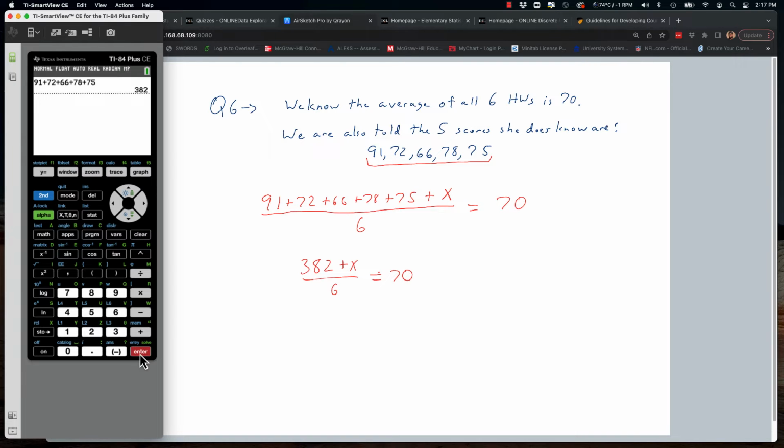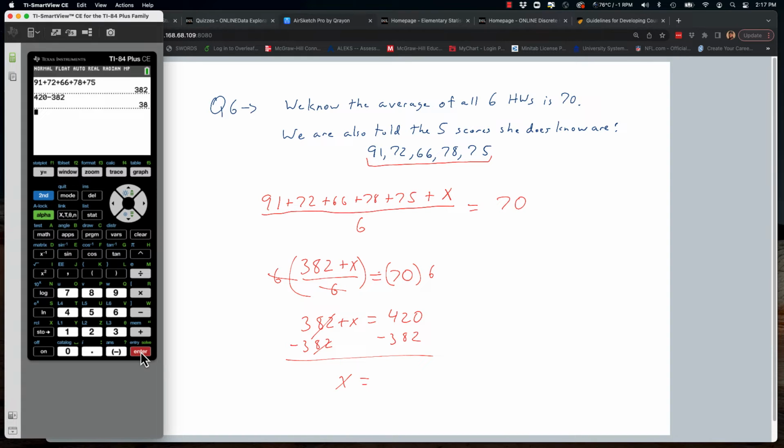And then multiply both sides of this thing by 6. That'll cancel out the denominator over here on the left, and we get 382 plus x equals 420. And then we subtract 382 from both sides. And that should give us x equals, I believe it's 38. Double check myself here. So 420 minus 382